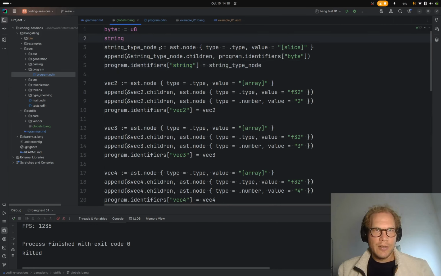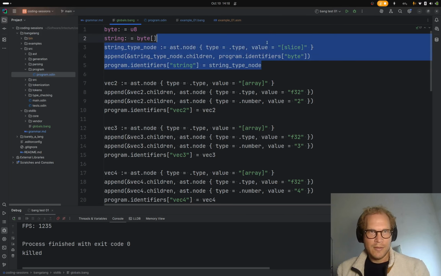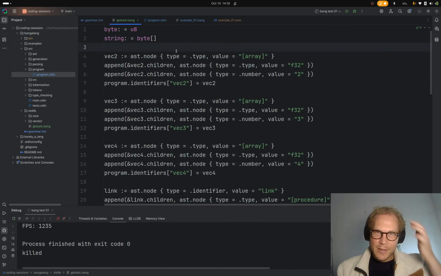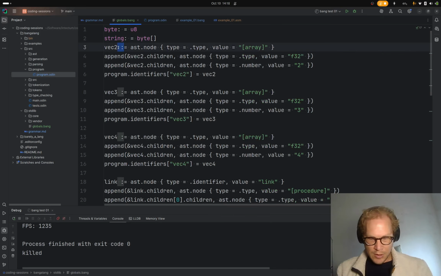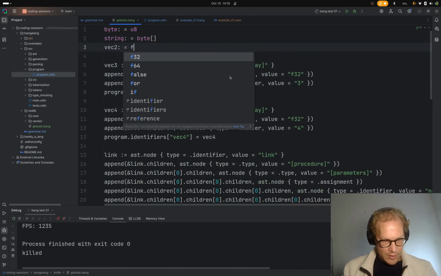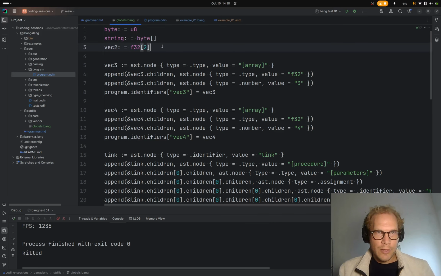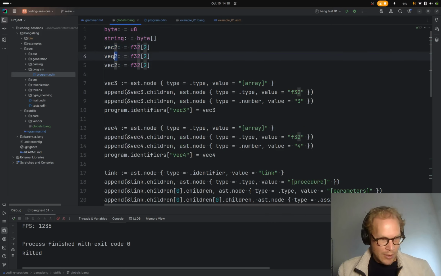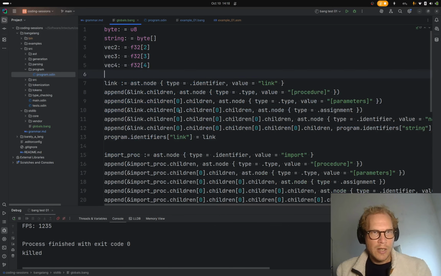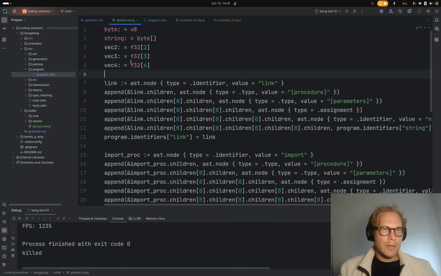And then string equals a slice of bytes. Done. So much better. Vic2 is an array of 2 F32s, and Vic3, Vic4. Because they're built-in types now,